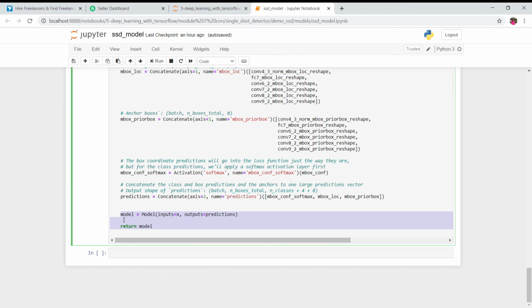I'll share this code on my GitHub, along with the prior code related to ground truth boxes. You can combine this code, first create ground truth boxes on your training data, and then apply this model on it. In my next video I'll show you how to finally see the predictions. Till now I have explained the code, but I haven't shown you the output. So my next video will be my last video on SSD, because in it we will see the output results.